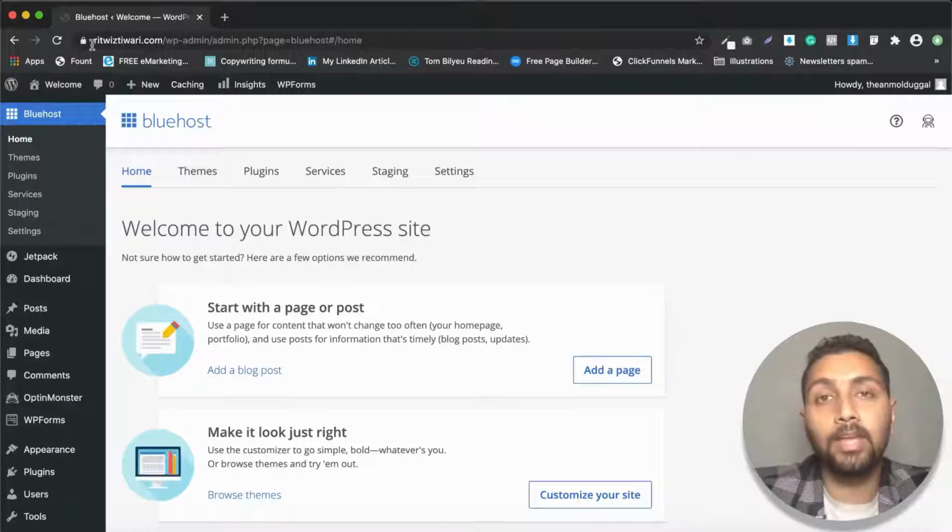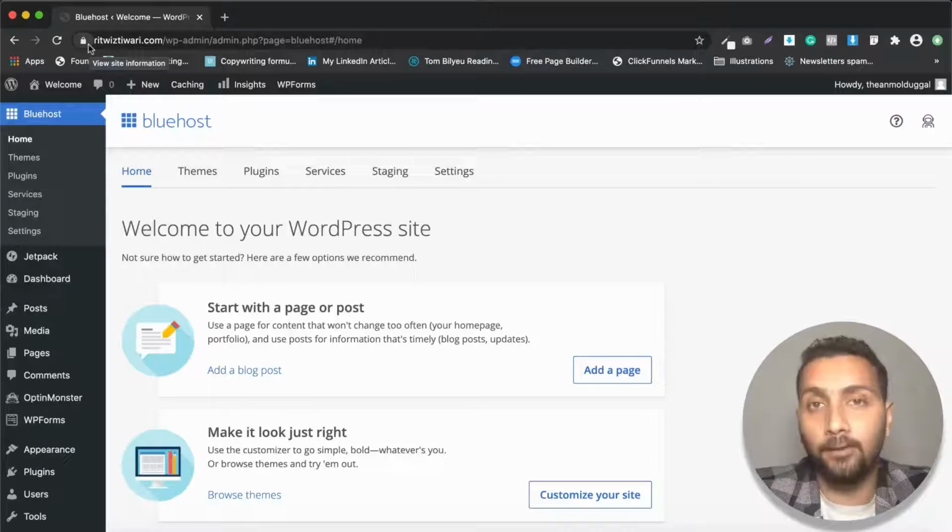So this is something that you will learn in SEO. I will talk about it in the SEO part when we reach there. Okay, but it is my duty to tell you ahead of time that while buying the host itself, you should have the SSL certificate within that hosting plan that you buy, and that is what we have done. Okay, so now we are here inside the WordPress dashboard.